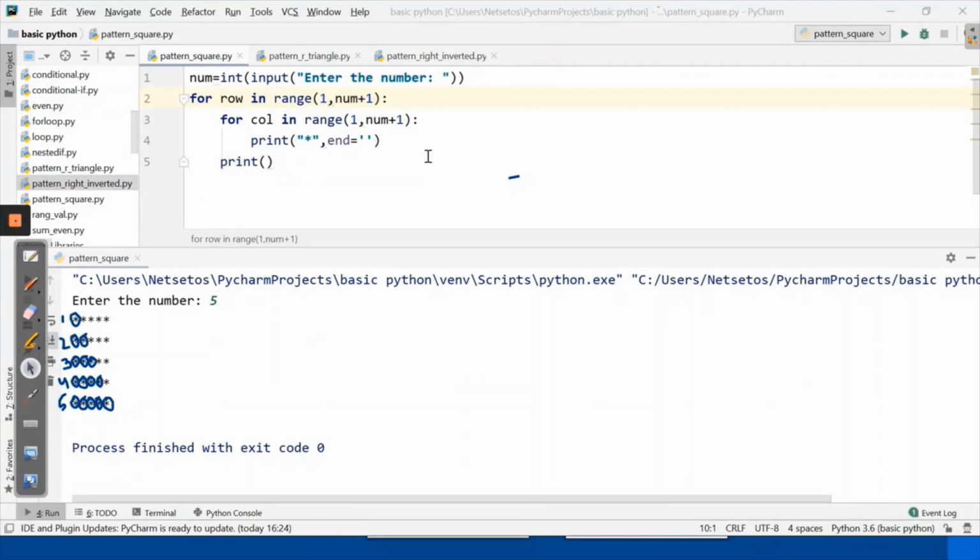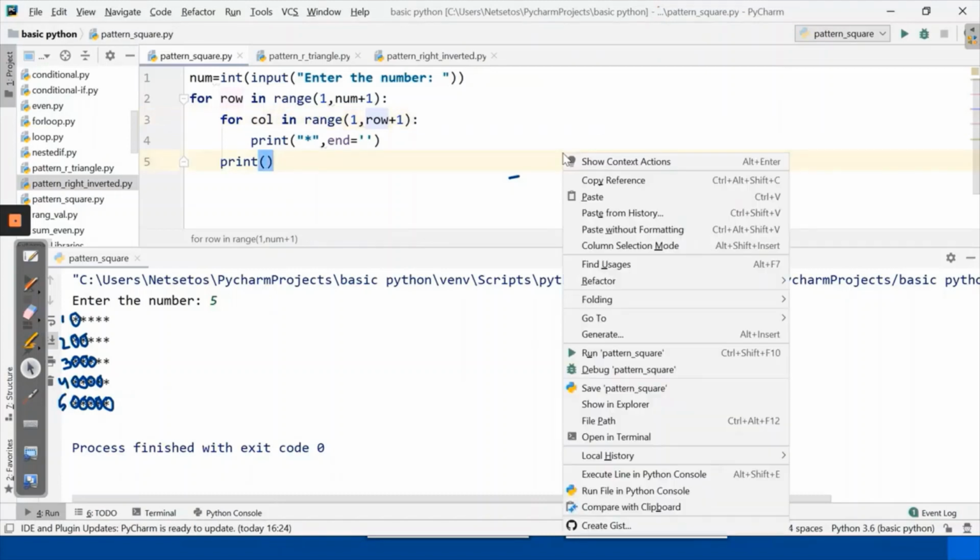So here what we'll do, we will write 1 to row plus 1. Why? Because column is dependent on rows. As one row will have one column, two rows, two columns. So let's execute it first.